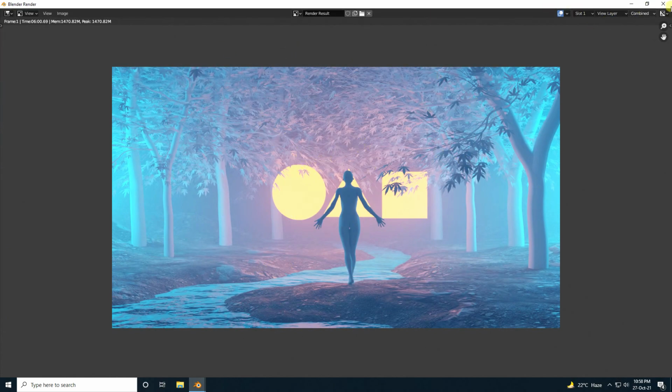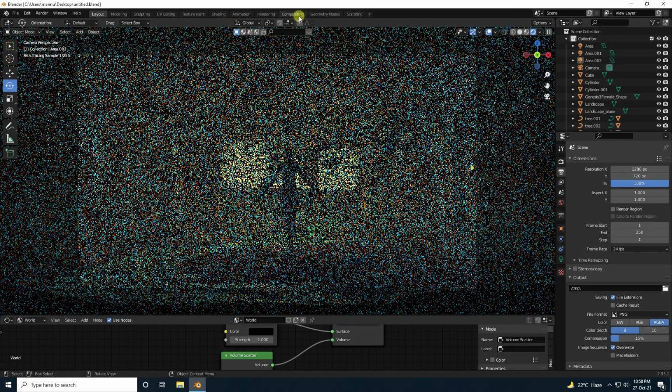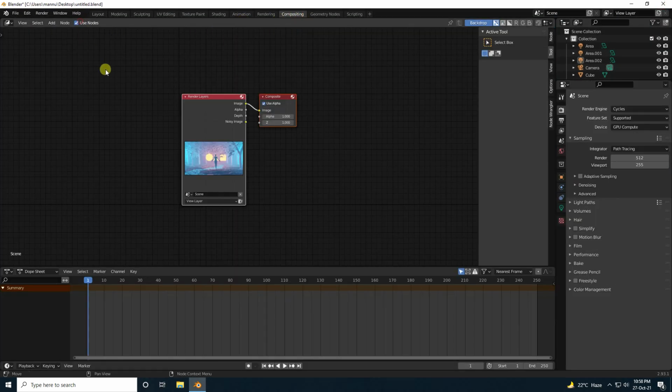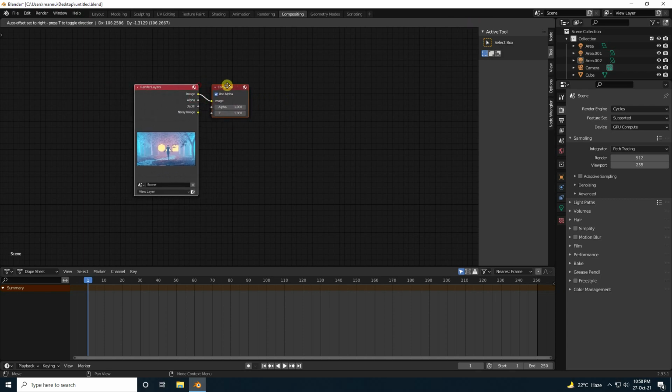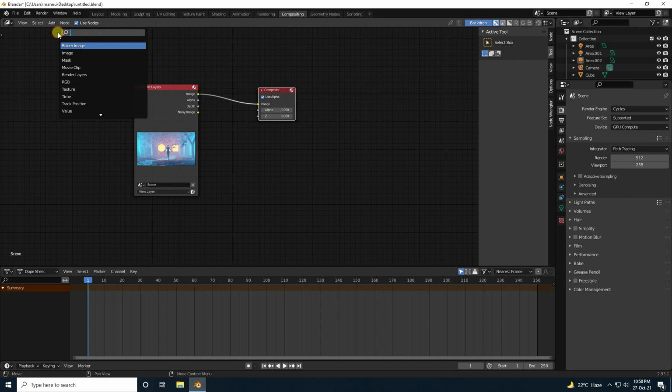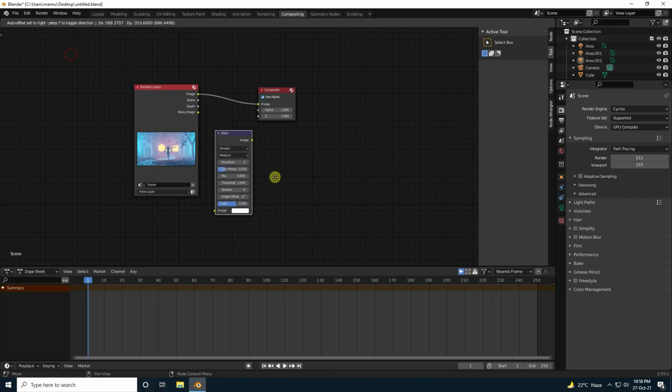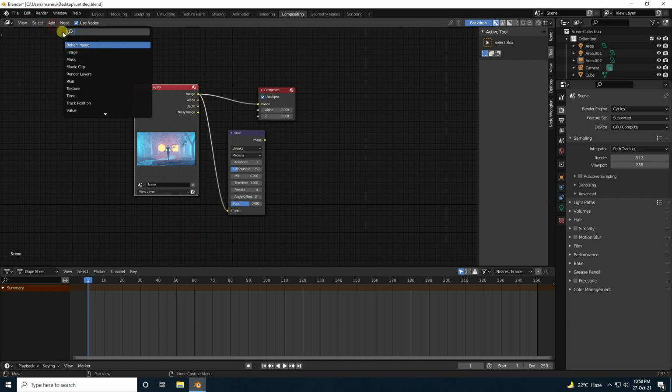Okay, so guys, close your render and go to compositing. And guys, use nodes check. Guys, I apply simple glow effect. So guys, go to add, use glare and image connect with this one. And second one, I use viewer node.